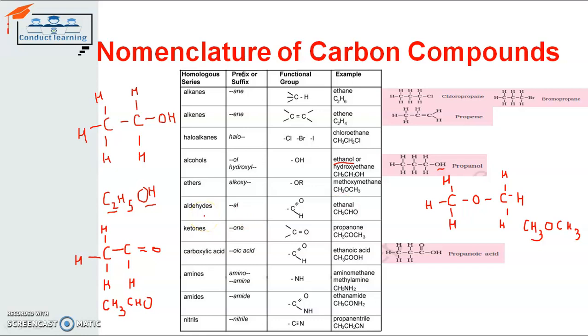Next example is for ketone. Ketone has the double bond with the oxygen. That means it's a carbon having the double bond with the oxygen. So carbon is left with 2 electrons. Here, carbon in the aldehyde series was left with 1 electron. Here it is left with 2 electrons. So we have to manage the 2 electrons that are left with the carbon atom.